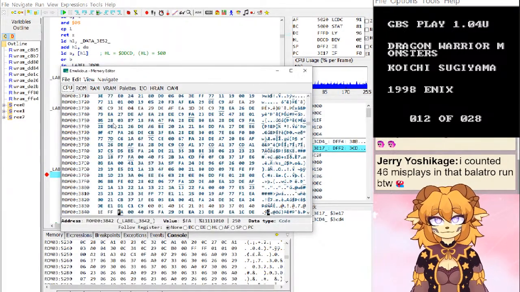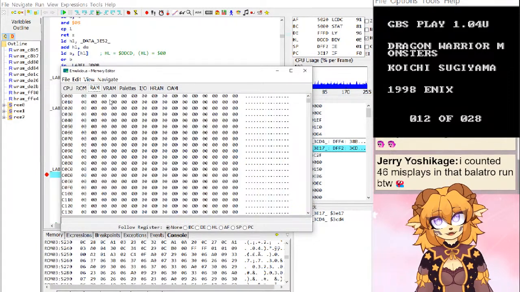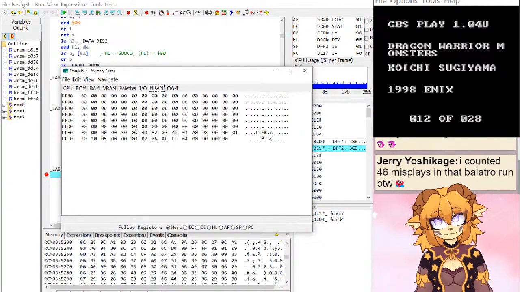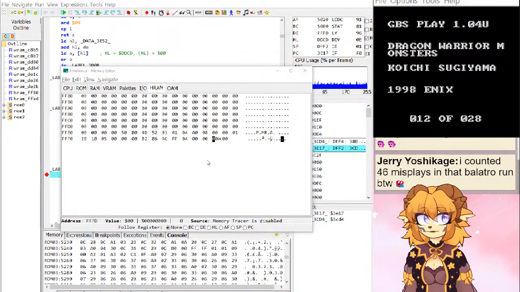Yeah, memory editor, go to high RAM. FFFD. That's currently 0 and we're in the middle of a song, so it's probably accurate.